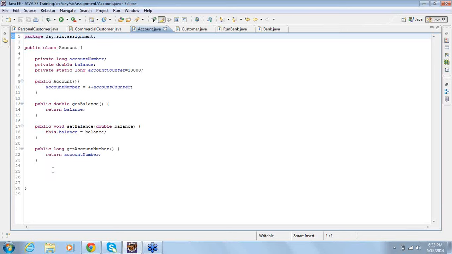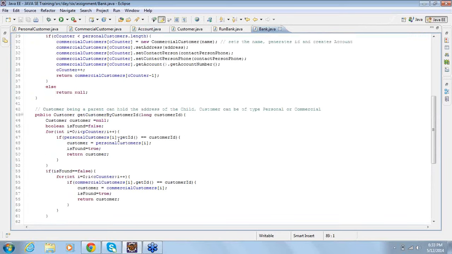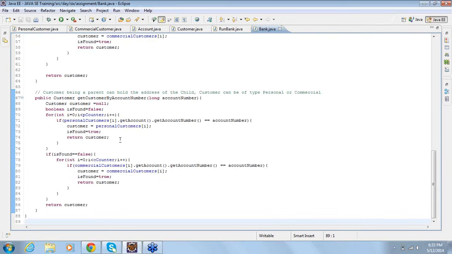So let me add those two methods, deposit and withdraw. Where do you want to add them? Whether you want to add the deposit method and withdraw method inside bank.java, or inside account.java.